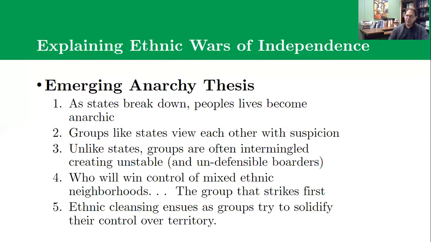I don't like this story. I like the elite manipulation story, right? That's a story in which there are bad people out there, leaders who are manipulating good people, the everyday, ordinary people that I meet on the street. Emerging anarchy is a theory in which the bad people are the people we meet on the street. It's not everyday leaders that are manipulating us into this. It's our own fears and our own uncertainties and our own reactions to anarchy that result in these dynamics.